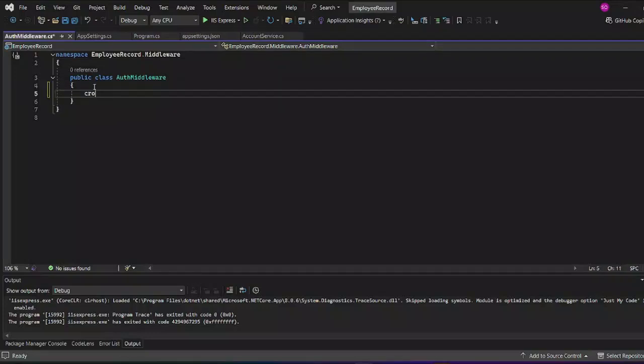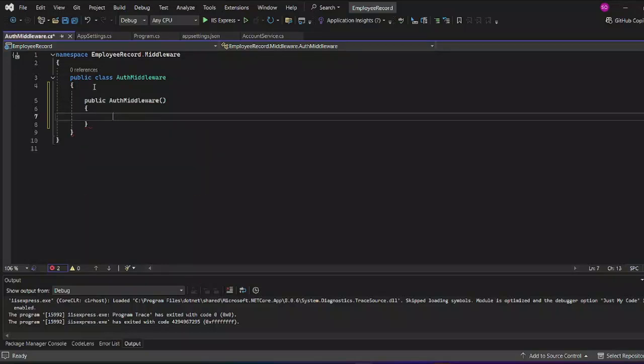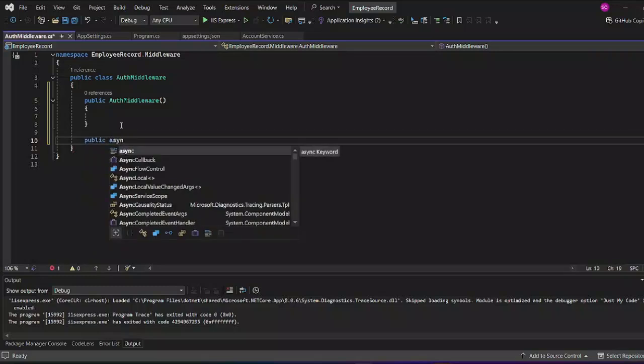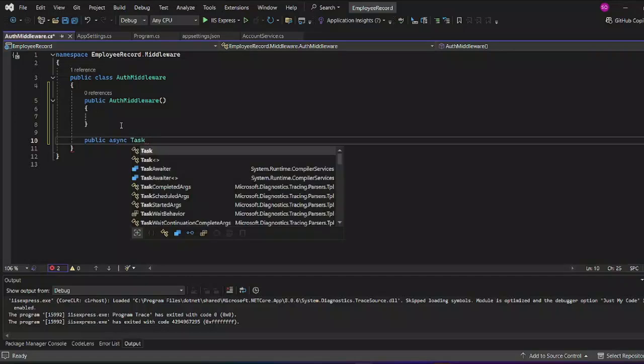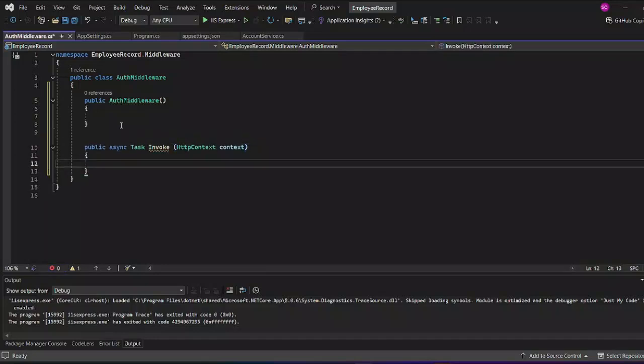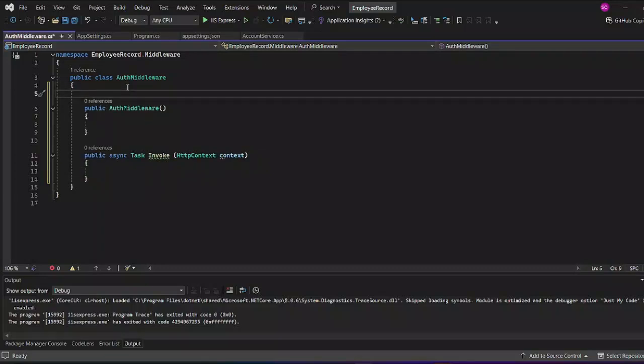Then create a constructor. Now we have our constructor. Now create another method, the method that will be invoked when you launch your application. Public async Task, name it Invoke. Then pass HttpContext into it, and then let's bring in our dependency,